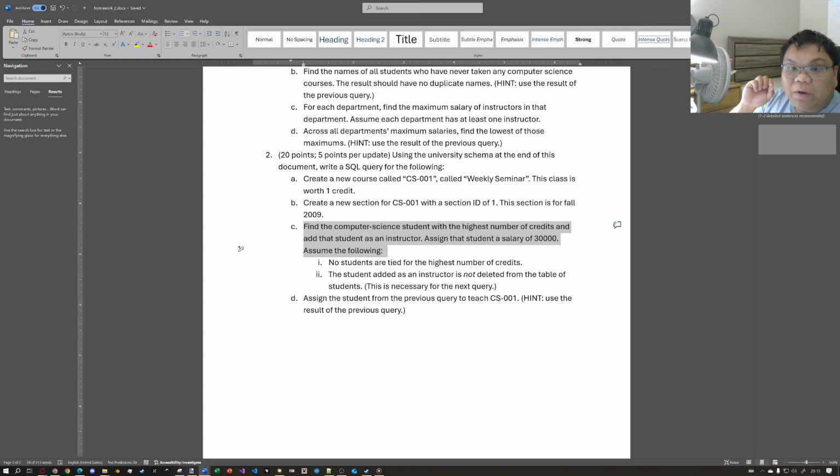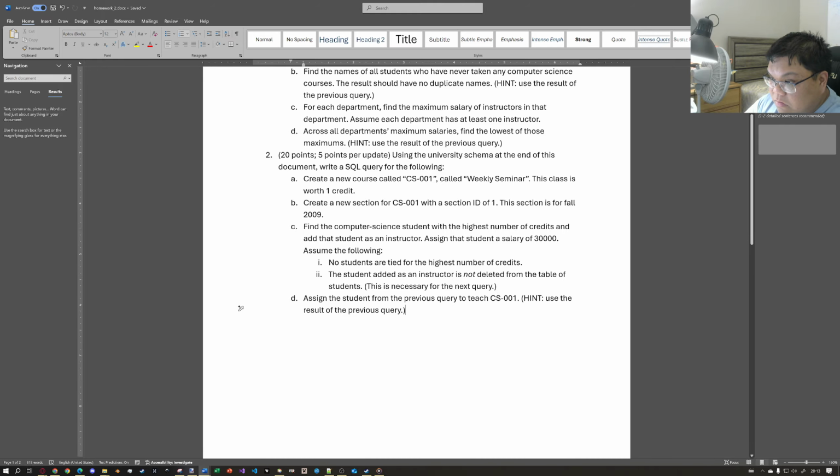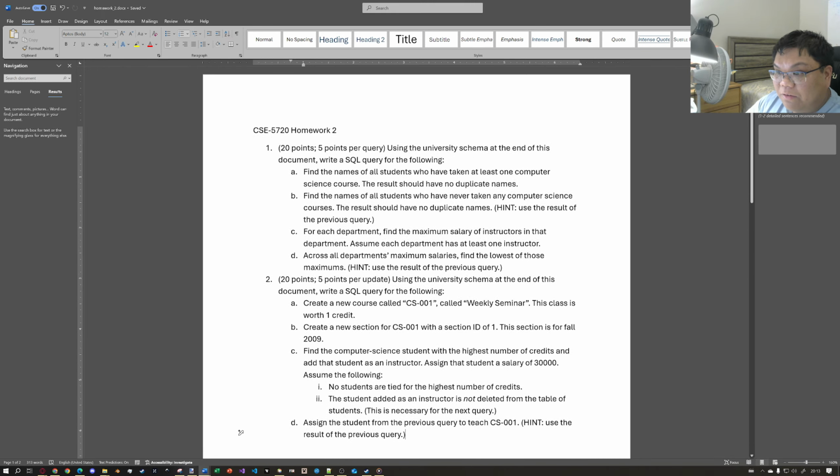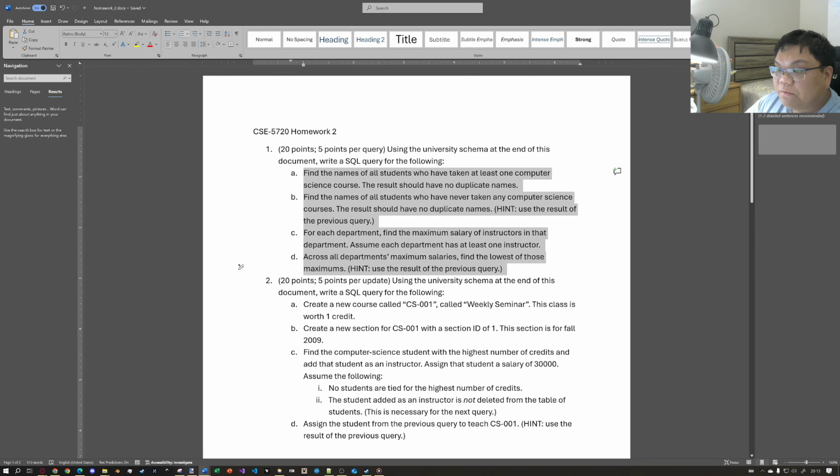Also assume that when you add this student as an instructor, they're not deleted from the table of students, because we actually need that for the next part. Problem 2, part D. Assign the student from the previous query to teach CS-001. So you are to write 8 different queries for